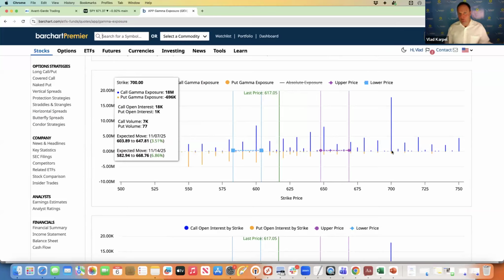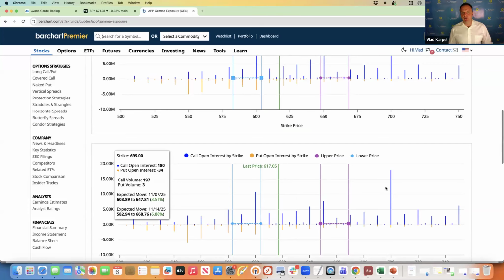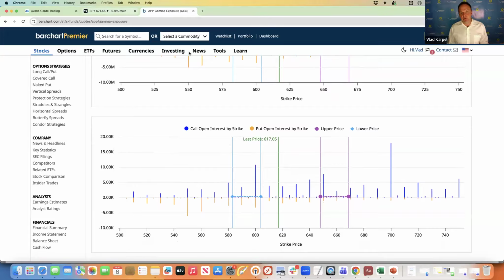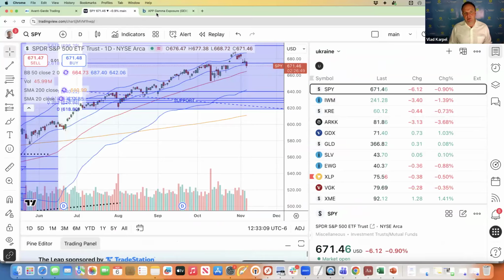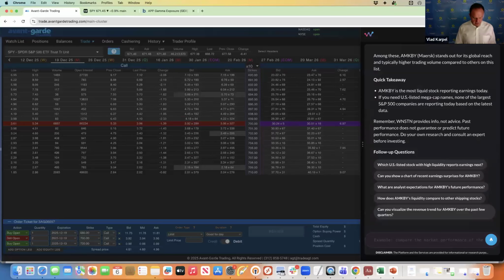It moves during earnings to the right or to the left, right? The large move to the upside. Expectation was 6%, right? But you can see a lot of people are gravitating towards 700. And if you look at the call and put skew, there's a lot more activity in calls than there are puts. So if you think we can get to the 700 level, then okay, this is your example of a butterfly. If you think the market is going to start recovering and APP is going to come back, then this is your opportunity. Or you can go back to your Winston and just say, where do you think